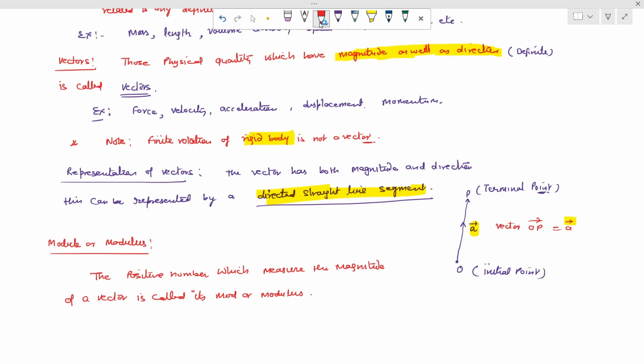So the modulus of vectors we represent always